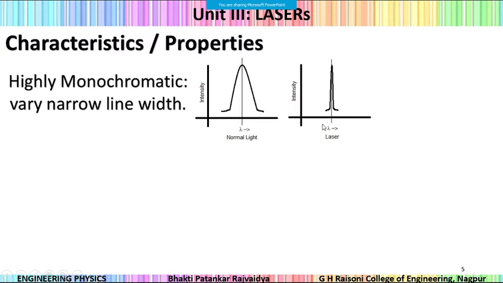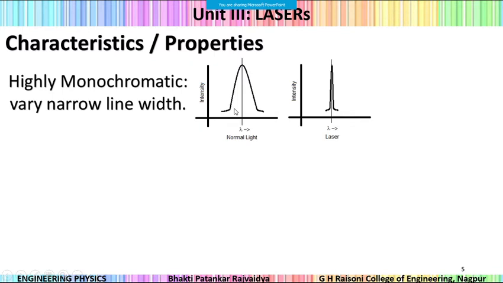Now if I talk about laser, laser has this spread very small, almost 5 lambda, 10 lambda, this kind of spread. So if I say 6000 Angstrom unit wavelength laser is there, then it is from hardly 5995 to maybe 6005 Angstrom unit. So plus minus 10, plus minus 5, plus minus 20, that much is its spread, which is very sharp. A peak is very sharp as compared to the normal light peak. So this is called